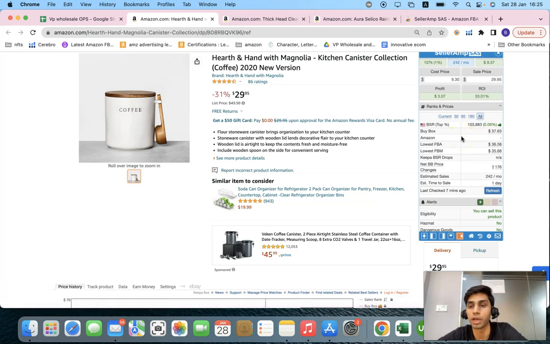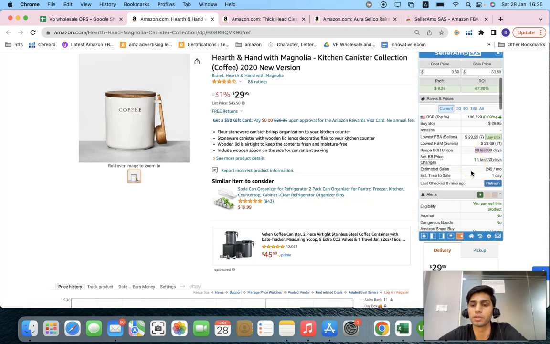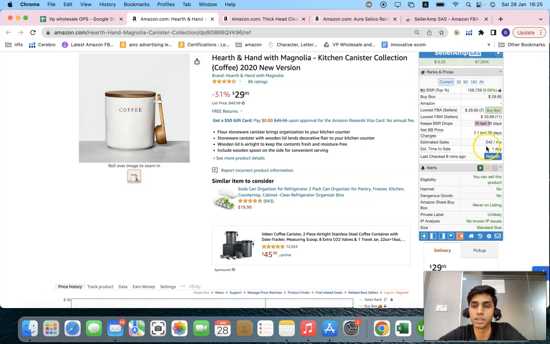So okay, I'll have to calculate my sales on 103k sales rank. I can see the buy box as well, that okay, there are like 7 FBA sellers, 11 FBM sellers. The lowest price of an FBA seller is 29.95. Who is winning the buy box, by the way? The keep out drop, the net buy box price changes, estimated sales, estimated time to sale, 1 day,